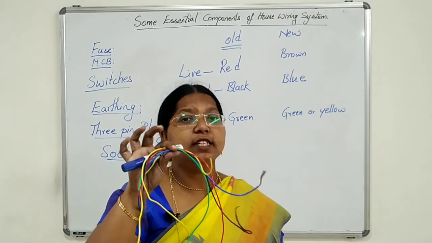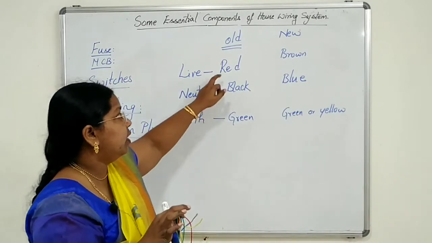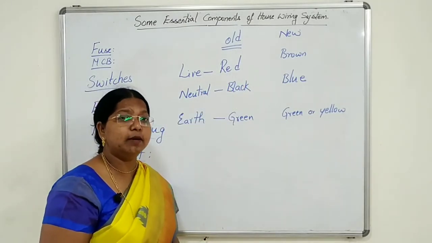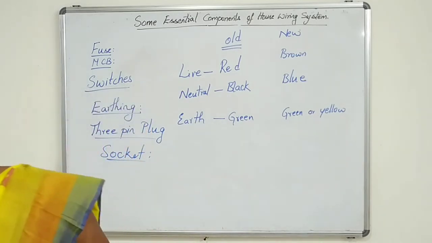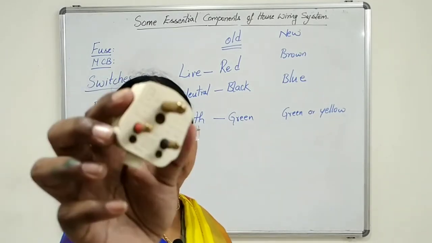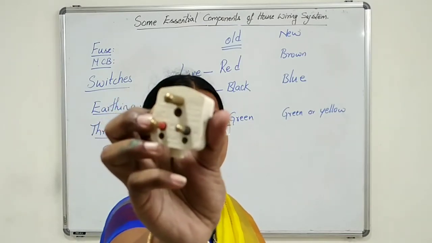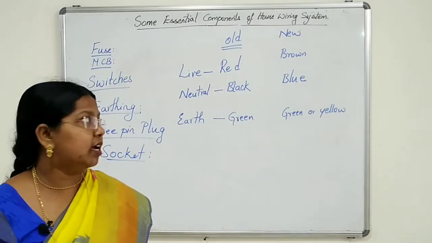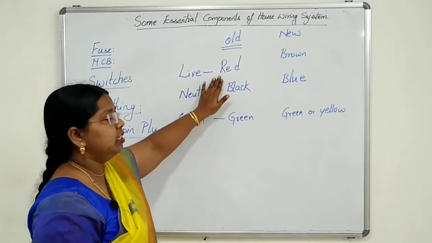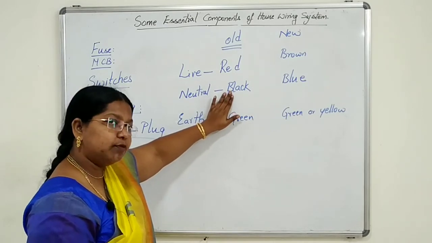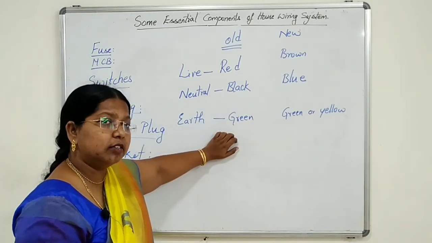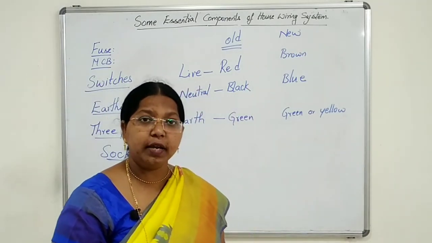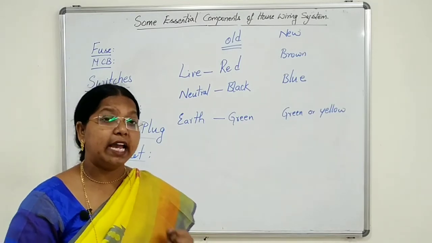So live wire is connected to which color? Red one. That is the reason when we saw the plug, live is denoted by red, and black is neutral. Clear students? So wherever these colors are mentioned, it shows that red is for live, black is for neutral, and green is for earth in electric circuits. Or we can also use these colors. So now we will talk about high tension wires.